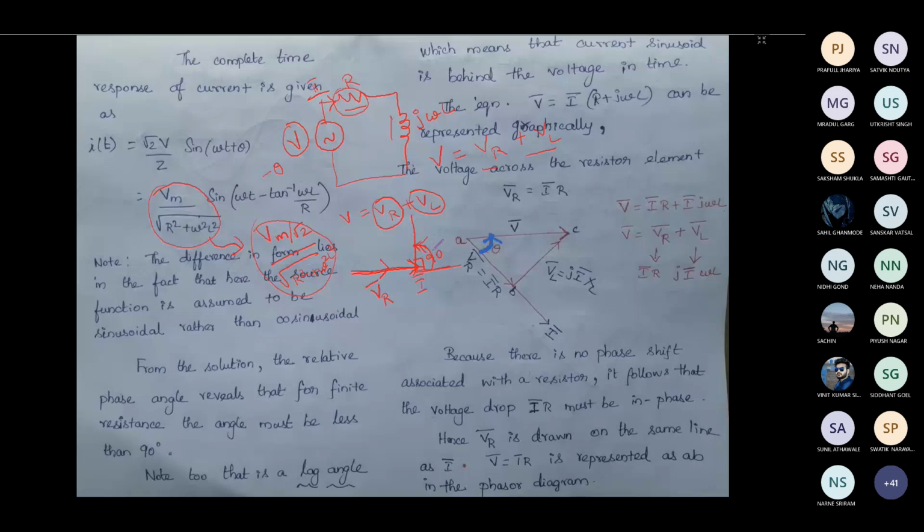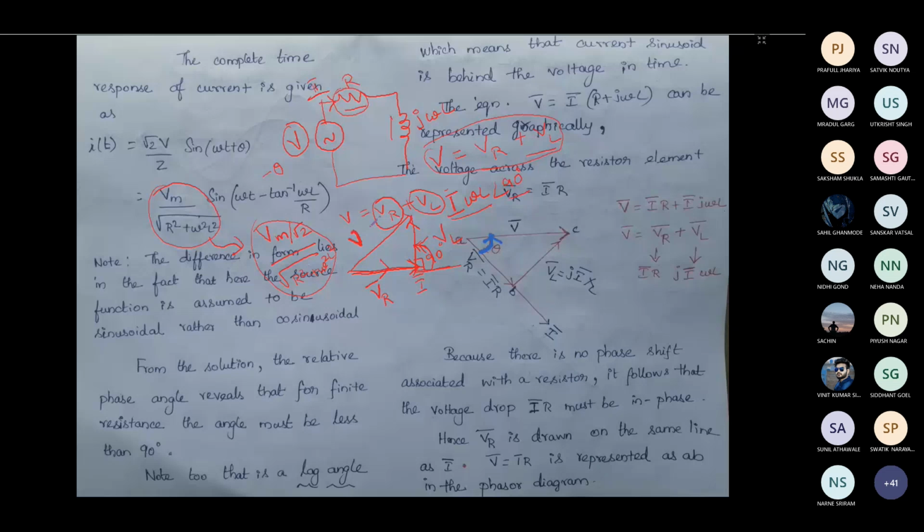Why we have moved in the anti-clockwise direction is, you know that the inductor voltage can be given by I omega L angle 90 degrees. Here I omega L is the magnitude, and the angle is 90 degrees. So this is going to rotate in the anti-clockwise direction because of the plus 90 degrees, and you will be getting VL here. Again, V is equal to VR plus VL. This is nothing but the vector addition, so you just have the V here.